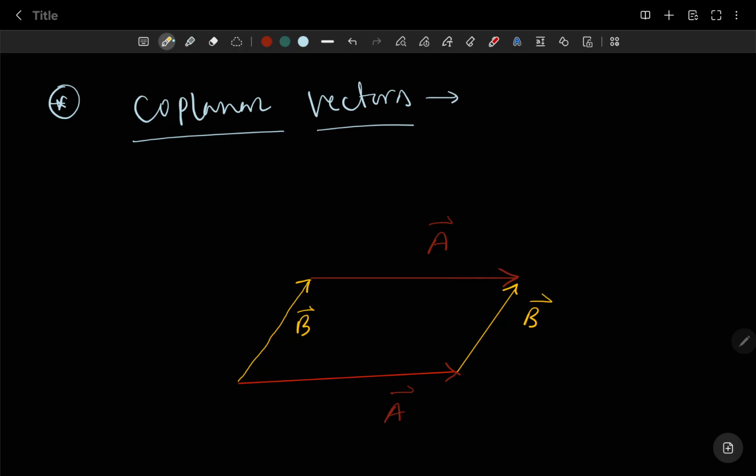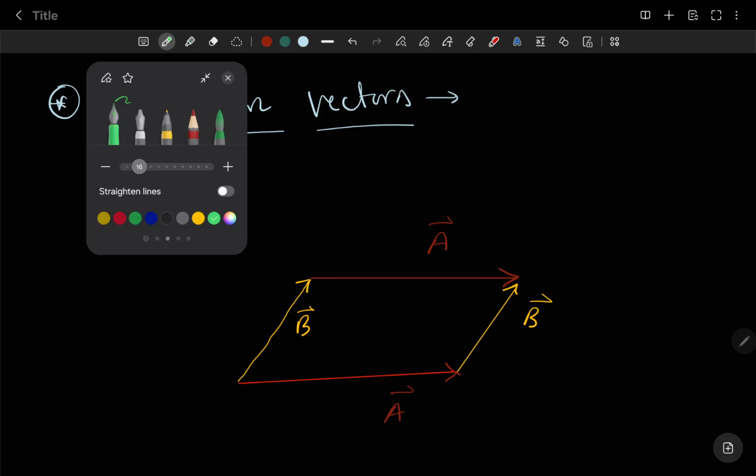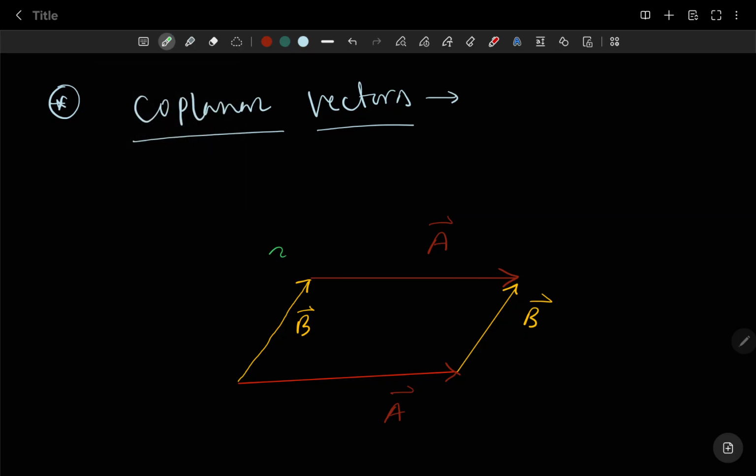So a third vector a bit tilted to this floor like this. Okay, call it C. So a parallel one. Okay, so here also